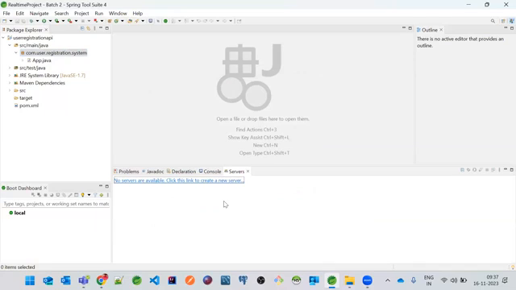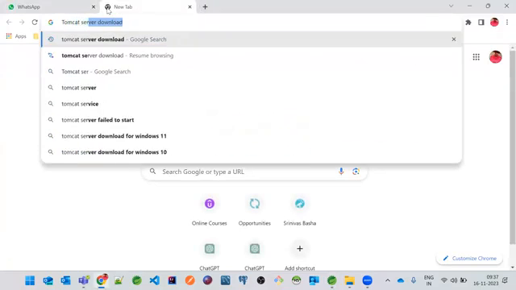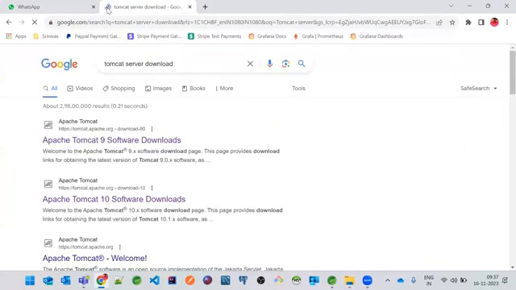Okay. Now, everyone knows about Tomcat server. So Tomcat server is a server where web applications will run. The web applications which can be run on a browser. Okay, so that's the total idea. And now, if you just wanted to download Tomcat server, just download.